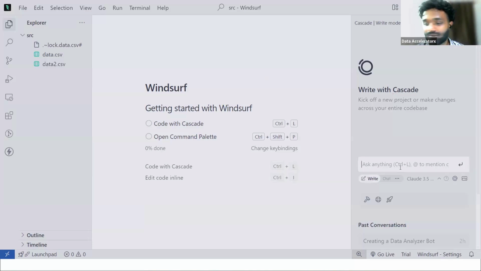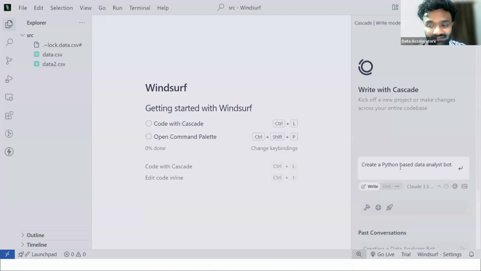Okay, right. Now let's get back to this. Let's start writing our prompt. So what do I have to tell my system first? First thing I will tell it is: create a Python based data analyst bot. Okay, so this is my intent, what it is going to do. Now I have to tell what all tasks this bot will do. So this bot will take input, we'll just directly read a CSV file called as,